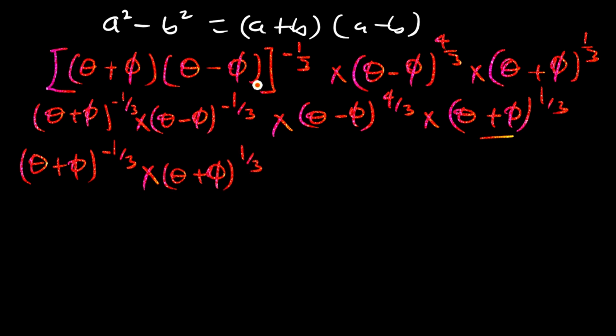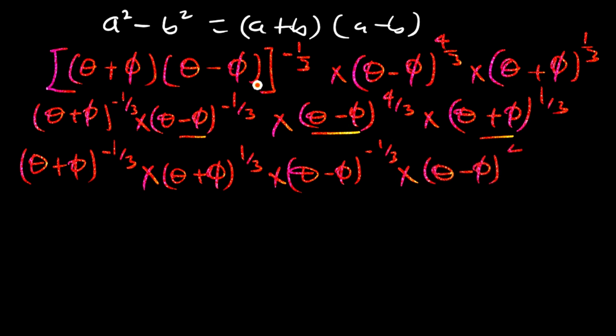Then the others, that is (θ − φ) raised to power negative 1/3, then times this one here, (θ − φ), raised to power